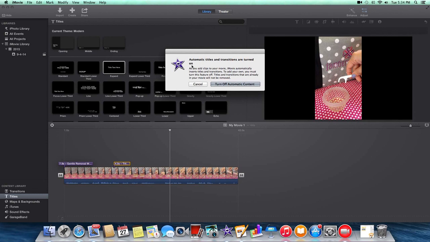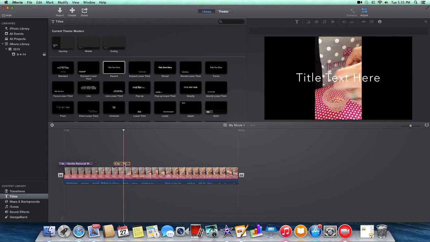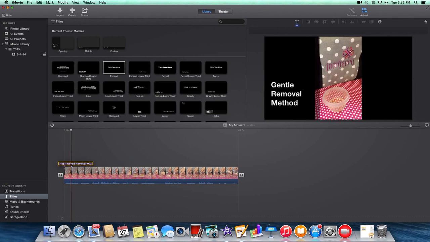That means the theme that you chose automatically puts titles and transitions. As you add clips to your movie, iMovie automatically inserts titles and transitions. To add your own, you must turn this feature off. It will not take away the things that have already been added. So I choose to turn it off, and that way I can add my own if I want to. So I'm going to delete that because I didn't really want that title there. So what I'm going to do is I'm just going to delete it, and I'm going to add my own